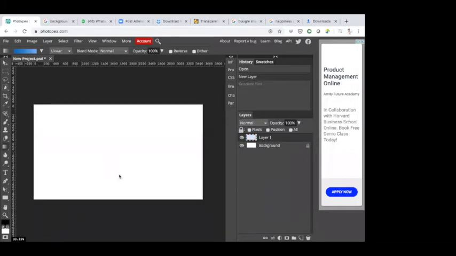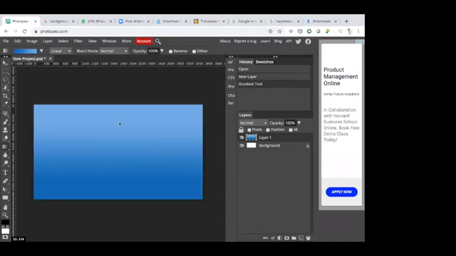So the length of the line should be slightly longer, maybe something like this. Then the merging of the colors is a little more gradual. Okay, so this is the background. Now we are done with the background.